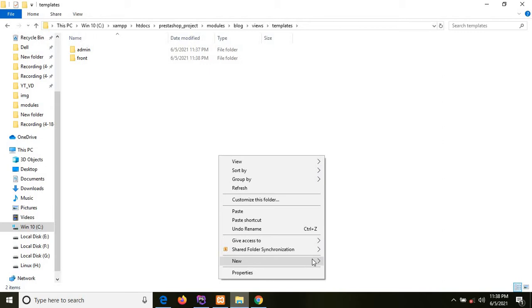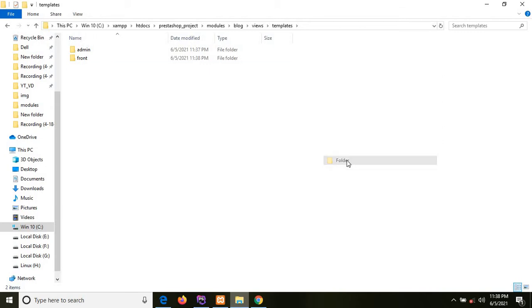Hook means if you want to hook the module on a particular position, then you need to create this directory, it is hook.